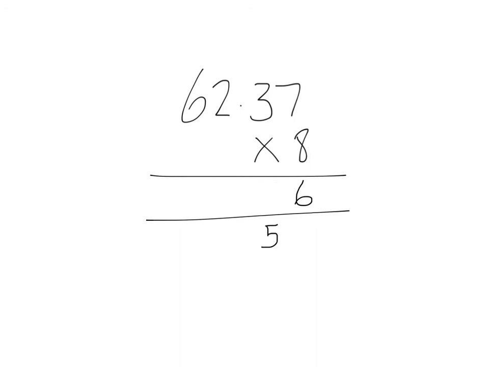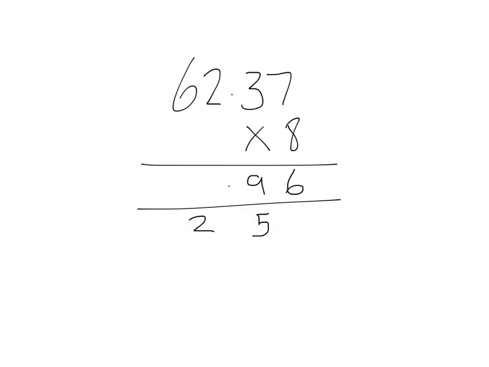But I need to add the 5 tenths to that answer. So 2.4 add 0.5 is 2.9. I'm going to place that 9 tenths in the tenths column and carry the 2 units to the units column. I can then multiply the 2 units by 8. So 2 times 8 is 16. But like before, we're going to add these 2 units to that answer. So 2 times 8 is 16, add 2 is 18. So the 8 of that answer can go in the units column, and the 10 of that answer can go